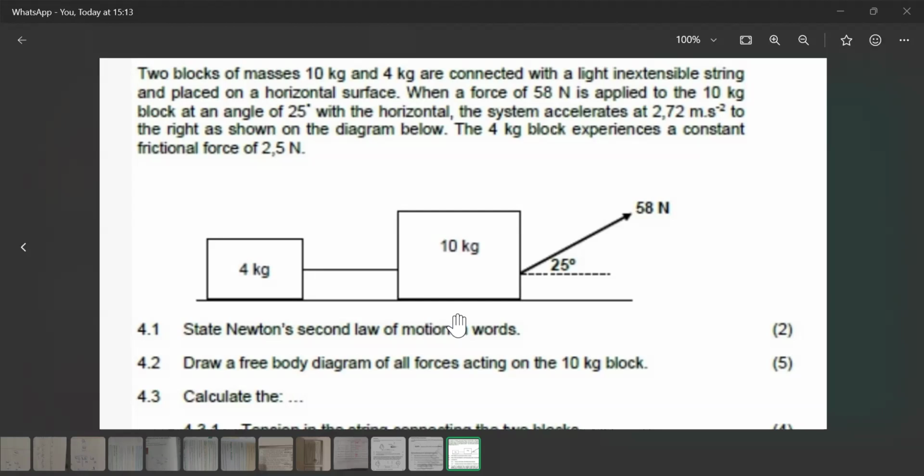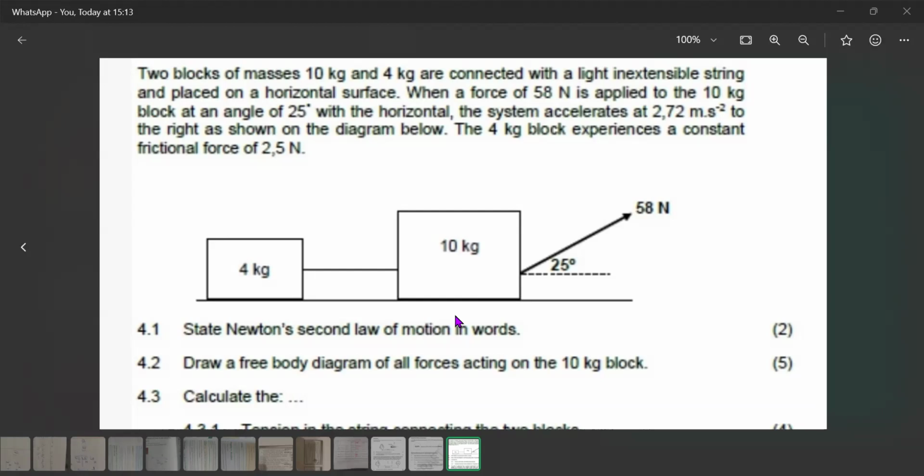Okay, that's fine. Now, let's analyze this a little bit, all right? Here we can see that we have a string that is connecting the two blocks. So if we have a string, a rope, a cable connecting two blocks, then we know that we are dealing